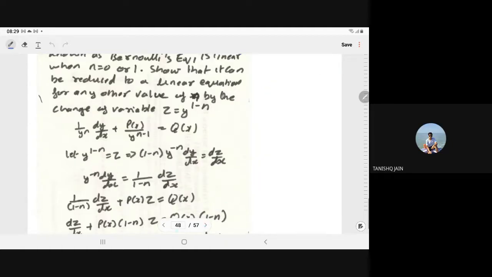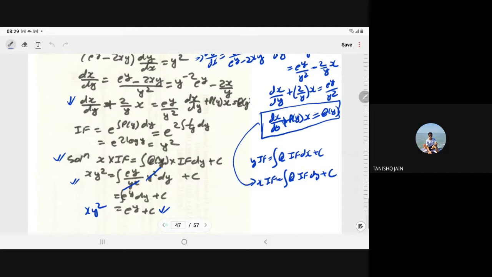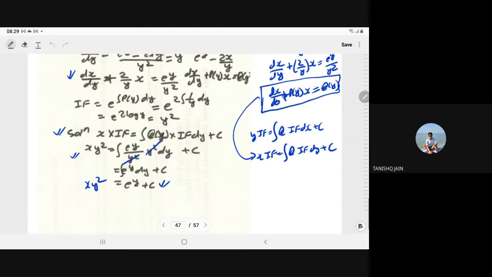Yes, when we interchange dy by dx to dx by dy, do we directly assume that x will be a function of y only? X is a function of y. It means when y is a function of x, then x is the f inverse of y, that is g of y.